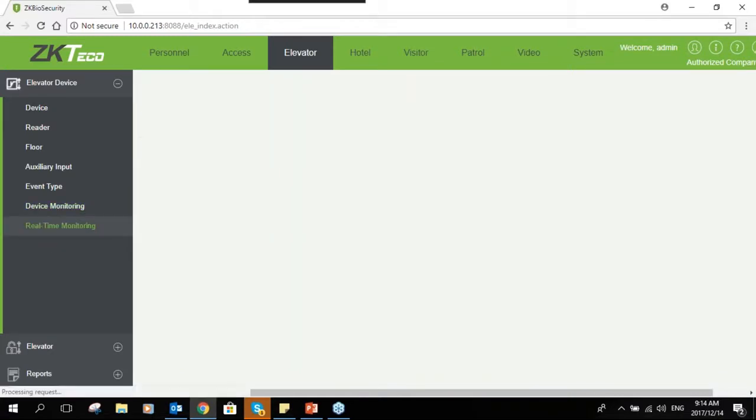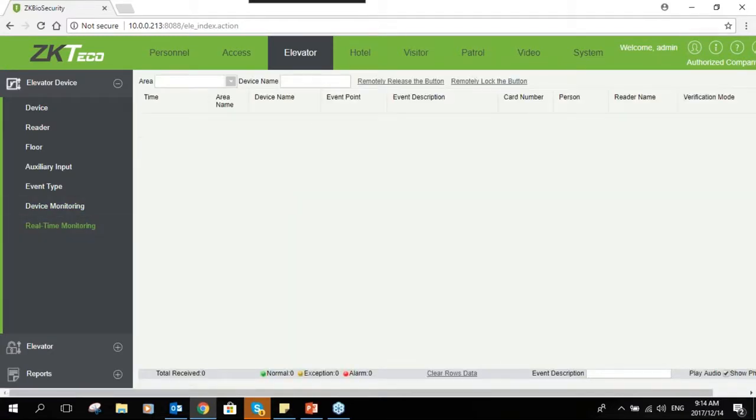And then under real-time monitoring, you see the real-time transactions. If someone verifies on the controller, it will pop up automatically there under real-time monitoring. Now we can move over to access, elevator,